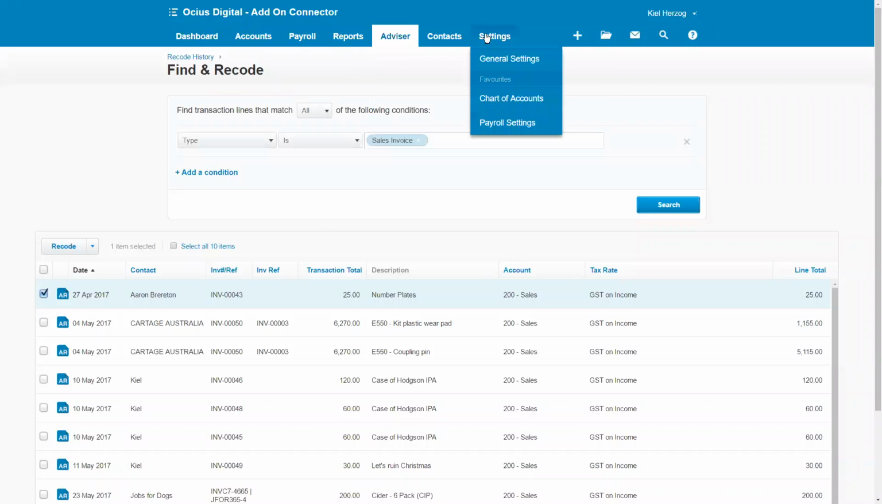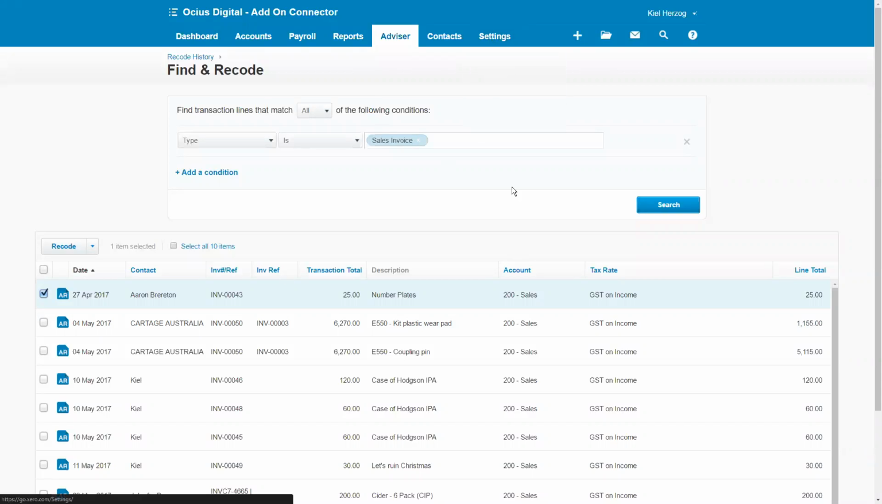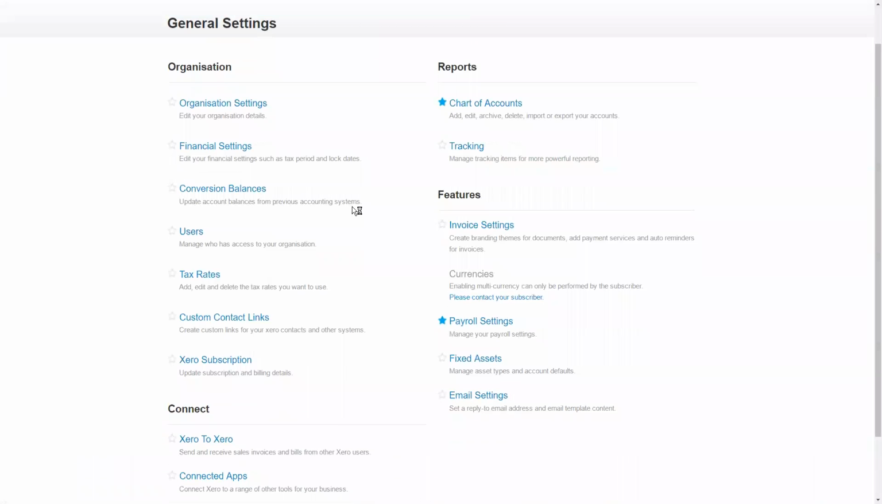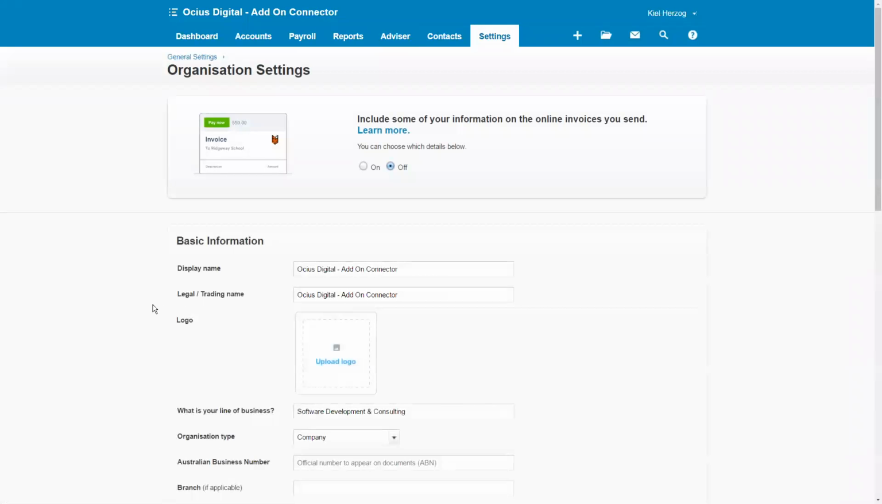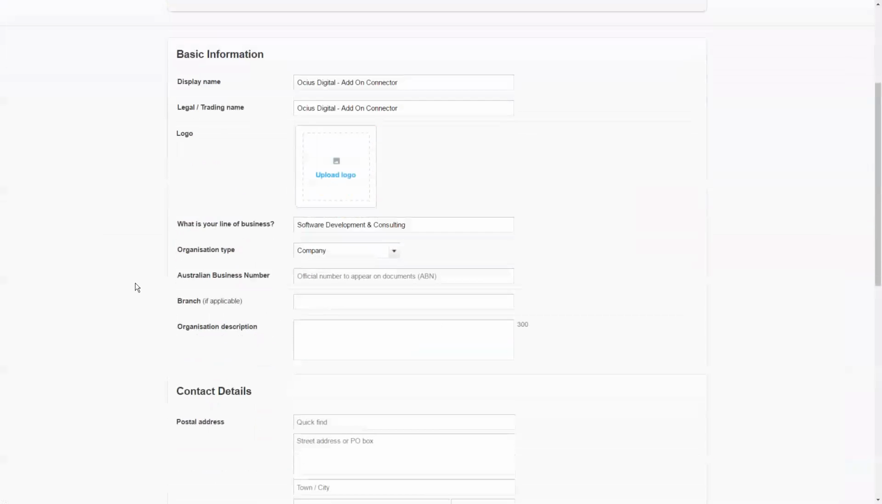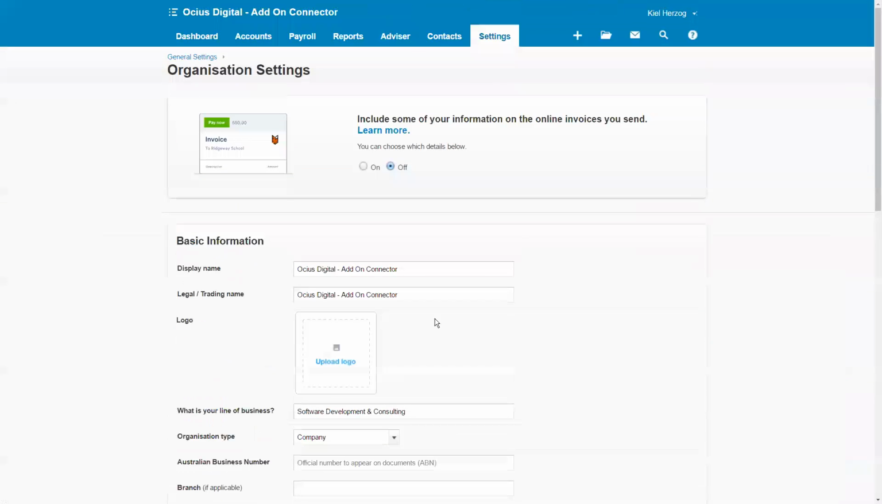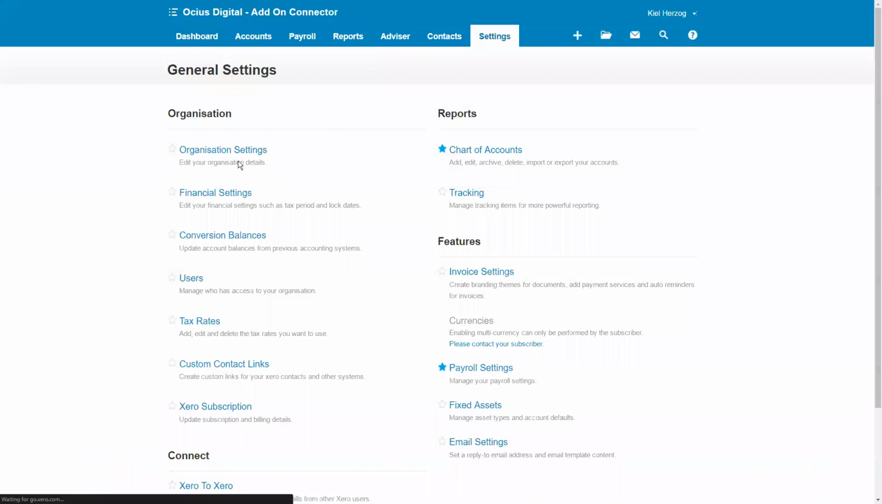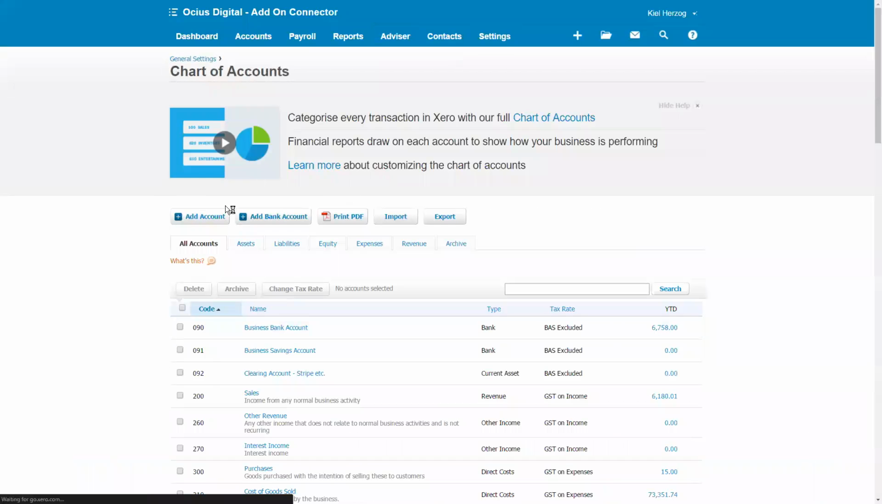And lastly, we're looking at the settings page. So let's go to the general settings first. So you've got your organization settings, pretty self-explanatory in terms of just your basic business information and that sort of thing. From there, if we then go to your next, probably one of the most important areas here is